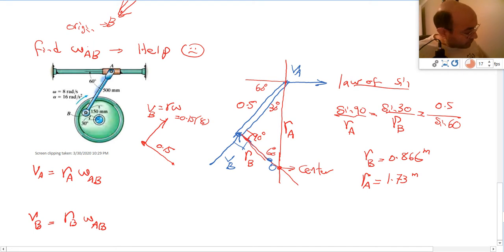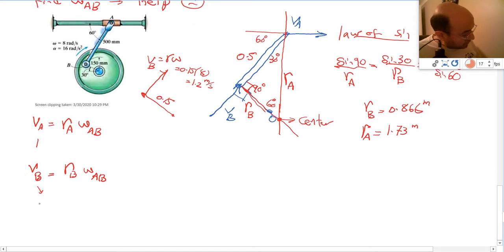The answer is 1.2. So this is equal to 1.2 meter per second. So I know velocity of B, then velocity of B is 1.2, which is equal to RB, 0.866 omega AB. Then from here you can say omega AB is equal to 1.2 divided by